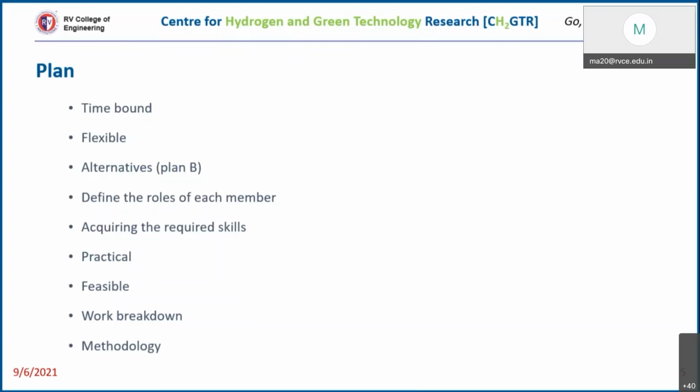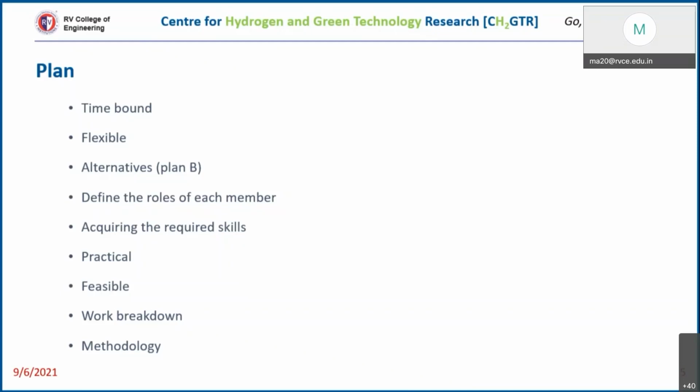However, after certain time, you realize that whatever you thought is not available. So what is the plan B? What is the alternative? So you are using an equipment for your project which is available in your own college. It broke down, okay, which was not expected. Some issue, and it takes at least 2 weeks to fix that device. So what is the plan B? Is any such equipment available in any other institution? Can I go and do the project there, or can I get it done through my friends who are there? Okay, this could be a plan B, right?